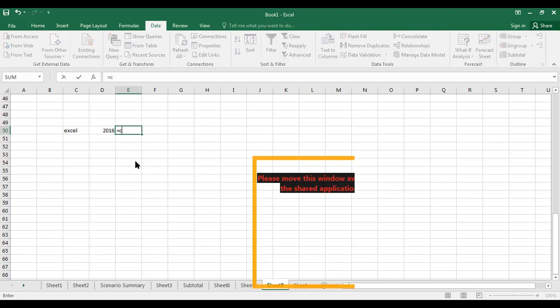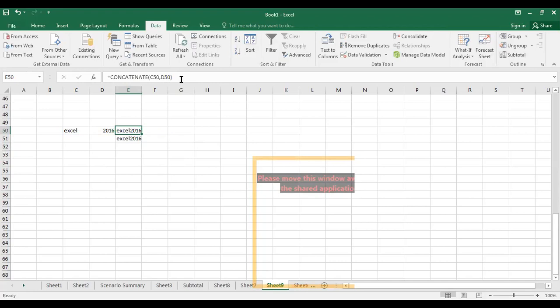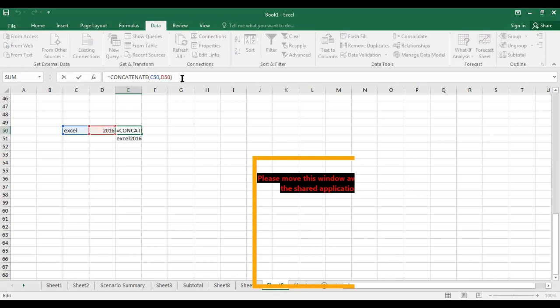I will tell you: CONCATENATE. First cell, comma, second cell. This function will combine the text into one cell. Without the function, if you want to do it, I can use the cell, ampersand, another cell. So this is a formula using concatenation. The above one is the built-in function, concatenate. Concatenation means joining multiple texts into one. So it can involve not only two cells but n number of cells.